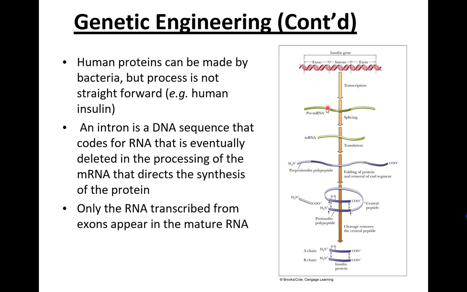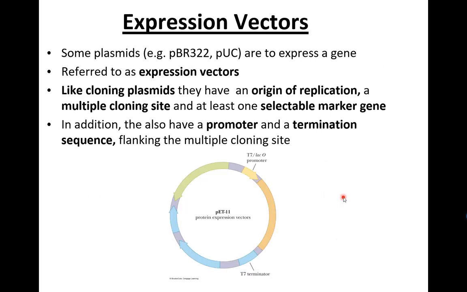It consists actually of two subunits, and both of them are cloned into a plasmid, which then is inserted into a bacteria. Bacteria would express both sequences and then will combine them together, and then you can purify the protein there. So using genetically engineered bacteria, and all of this is done using expression vectors in this case. Usually these expression vectors are plasmids, similar to the plasmid that we discussed earlier on, like the cloning plasmid. They have all the same properties, so they all have their origin of replication,